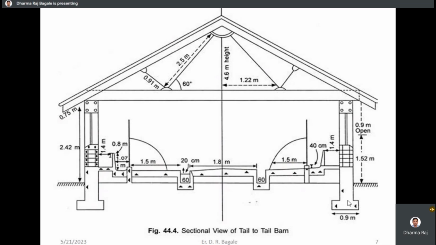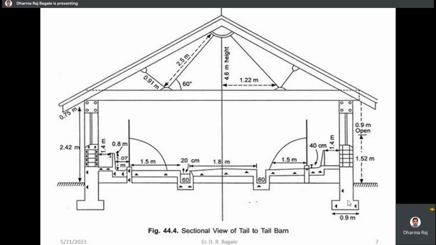stall, the place where the cows sit or stand, that is called stall, and the length of the stall is usually 1.5 meter long, and the width will be based on the size of the cow. And here gutters in both sides. Gutters are usually 60 centimeter wide, and usually 45 centimeter, 40 centimeter deep. You can build it, and the center alley or the manure alley is 1.5 meter wide,